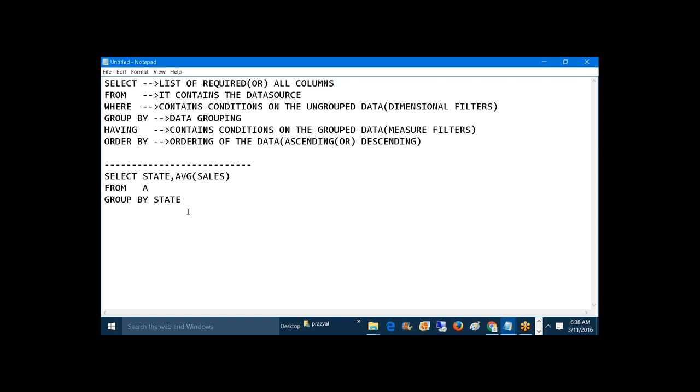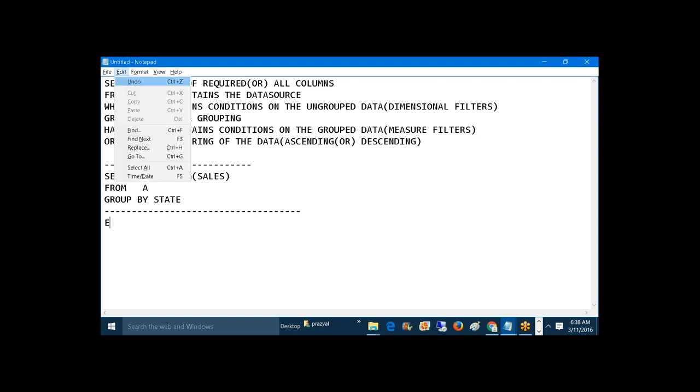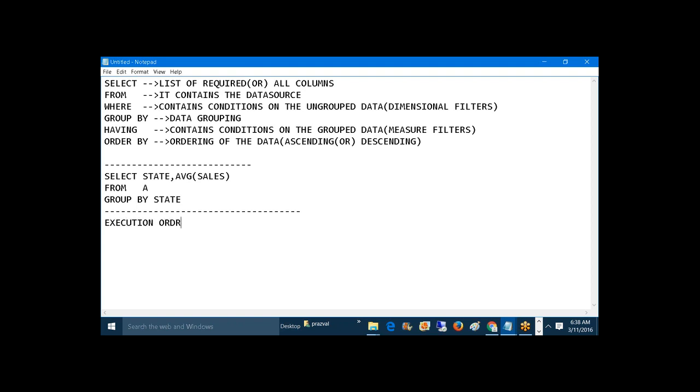And so finally, to see the execution order. We have seen the description of the different clauses: select, from, where, group by, having, and order by. So how will they execute? What is the execution order of these different clauses? So the execution order is